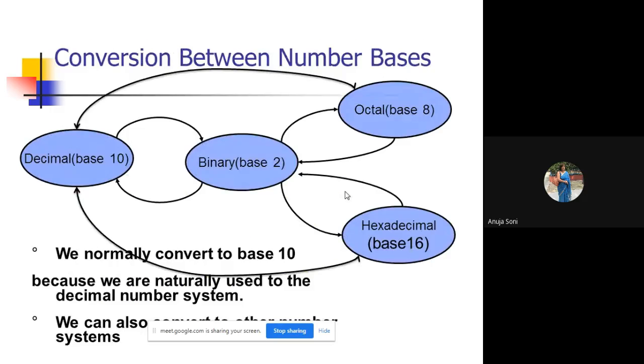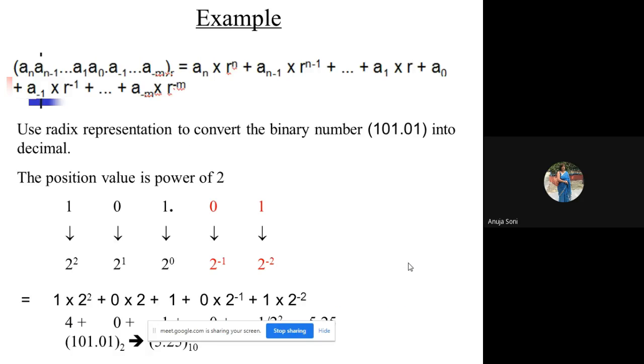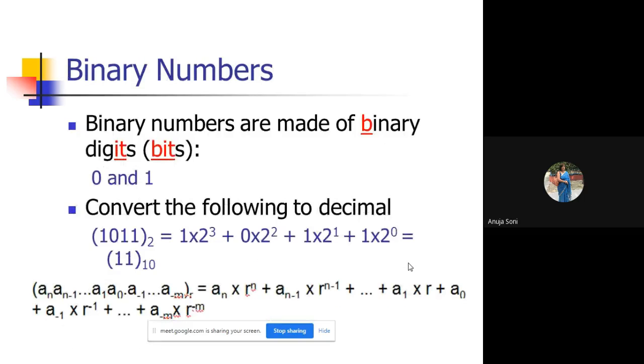First of all, I will take the second case. I am taking the second case first, and afterwards we'll switch to the first case. What is your second case? You are given a number either in binary, octal, hexa or any other numbering system, and you need to convert it to decimal, for which you need to apply this formula. This is the formula.